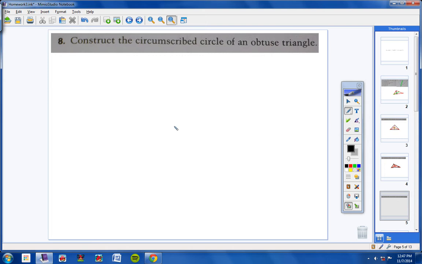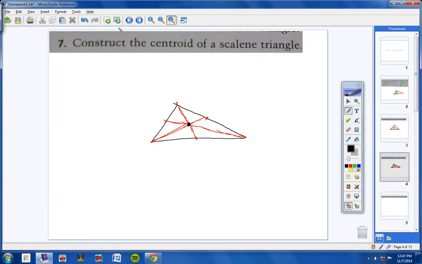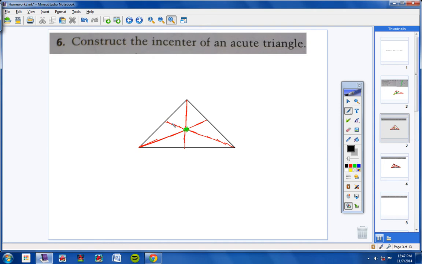Construct the circumscribed circle of an obtuse triangle. Now, let's see here. Guys, I want to point something out to you. We learned that the incenter, let's go back a page. Listen to me carefully. We learned that the incenter is always equidistant from the sides. So if an incenter is equal distance from the sides, that means this here would be the center of a